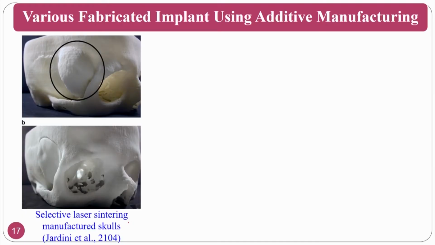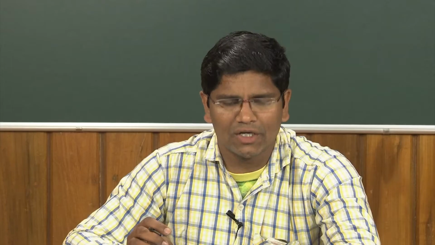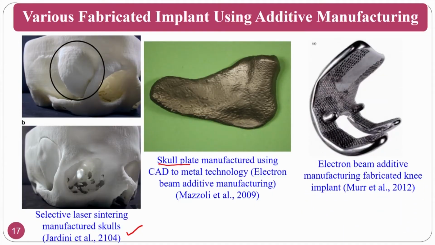You can see selective laser sintering, that is used to manufacture skulls. At the same time, you can also see the skull plate. You just draw the 3D CAD model, then you put it into a 3D printer, and it will print and give it to you. You can also make the knee implant not only by the top down approach, that is milling, grinding, followed by polishing and all those things, you can do it by 3D printing,